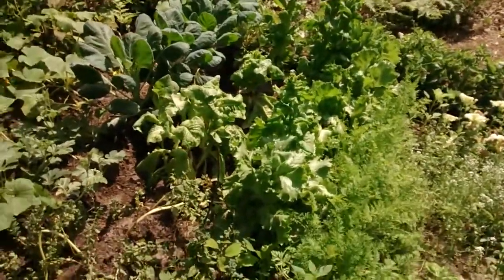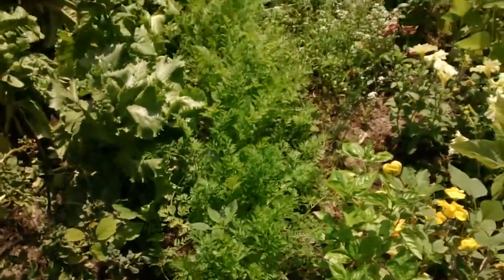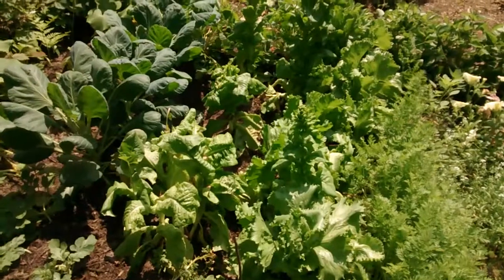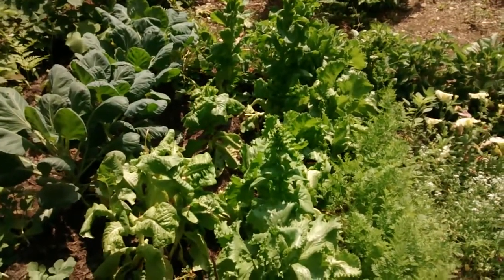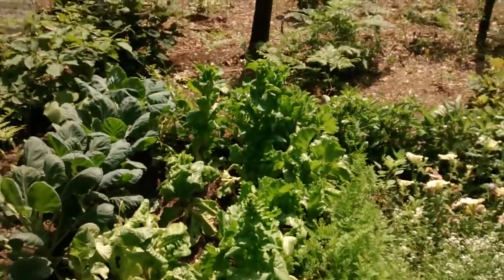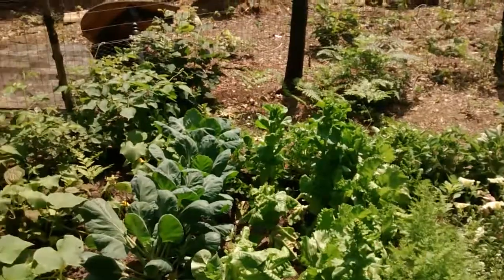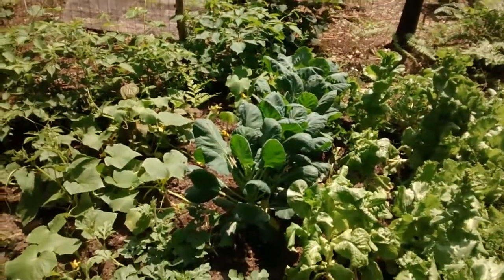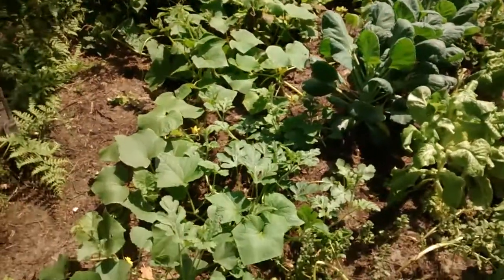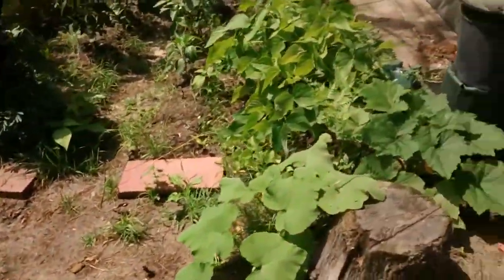And here's the rest of the garden. Our carrots are doing really well. We harvested a lot of lettuce this week. We harvested a lot of strawberries. Well, I'm sorry, last week. Haven't gotten a whole lot of green beans. We've been pretty much eating those as they come out, but we have been getting quite a bit of cucumbers,